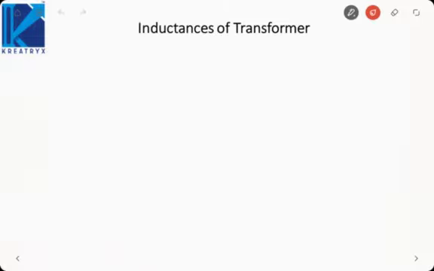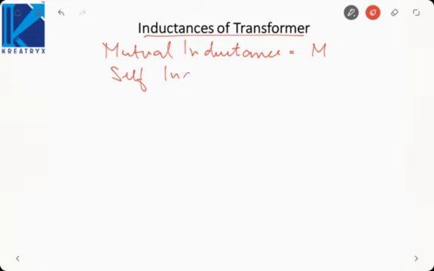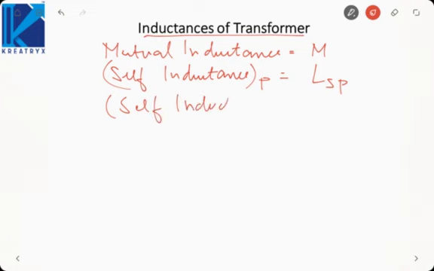Next, let us consider the inductances of a transformer. Now, if we talk about, transformer has 3 types of inductances. First will be given as mutual inductance, which is M. Self inductance of primary will be given as, let us say, LSP. Self inductance of secondary will be given as